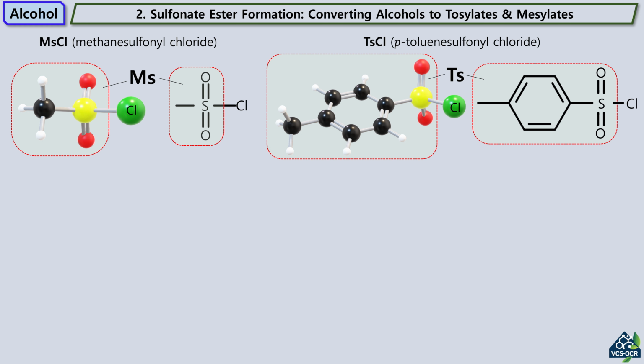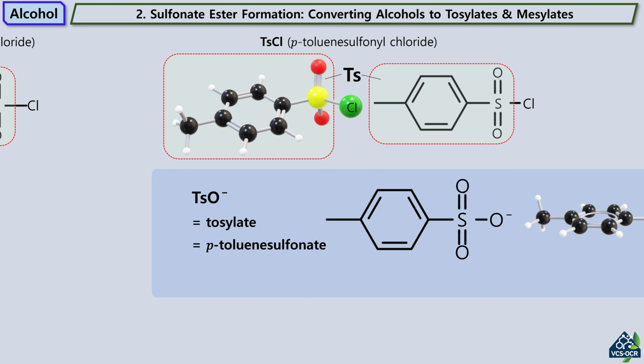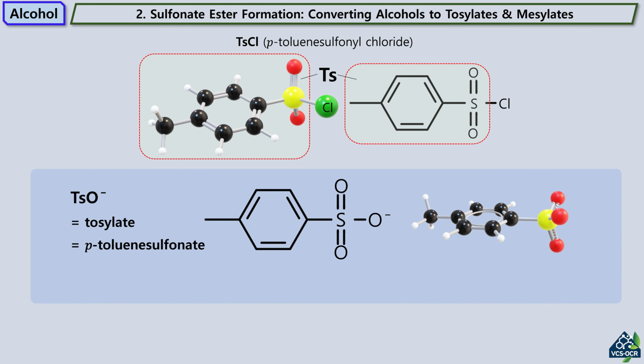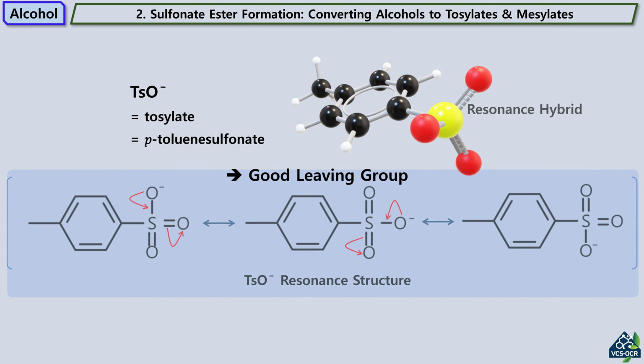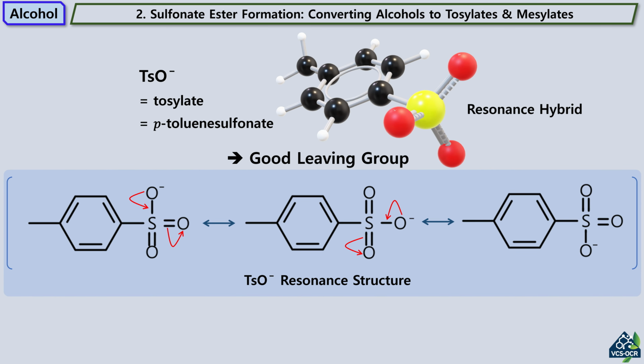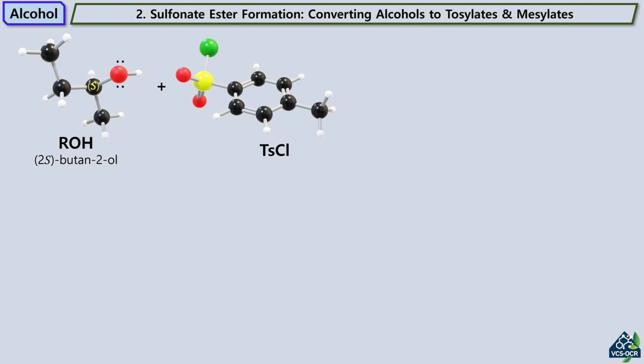Since the hydroxyl group of an alcohol is a poor leaving group, we often convert it into these sulfonate esters to make the molecule highly reactive toward nucleophiles. These groups are exceptionally useful because the resulting sulfonate anions are highly stabilized through resonance, providing them with excellent leaving ability. Forming a sulfonate ester, such as a tosylate, is a key strategy to activate alcohols without breaking the